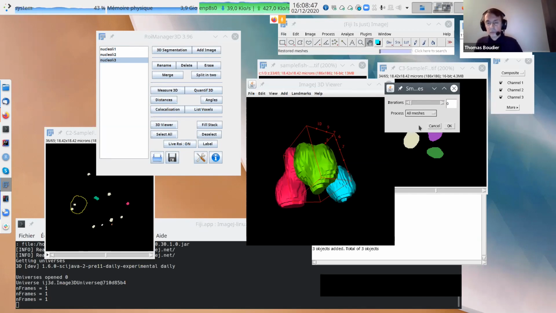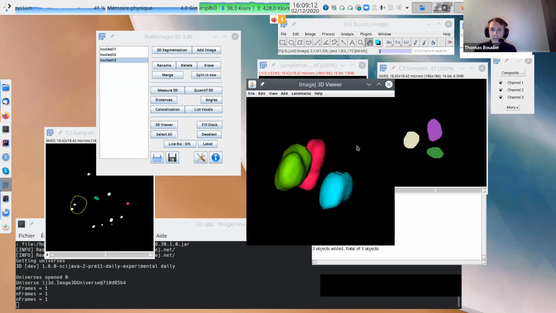If you want to smooth only one, just select one, then click here and be patient, depending on your graphic card and your computer. Usually up to 10, 20, already 10 is quite nicer than from the beginning.